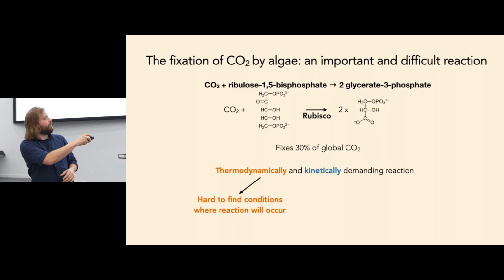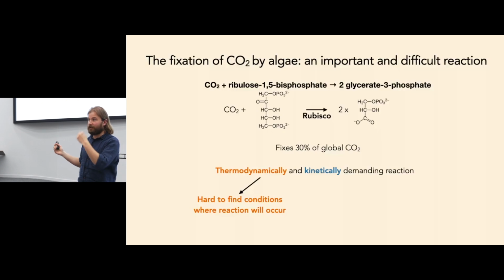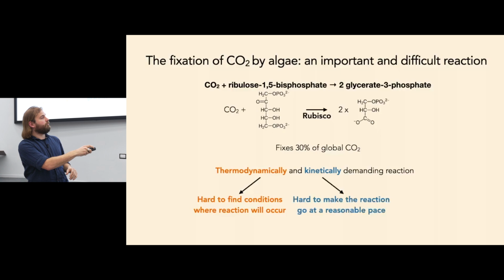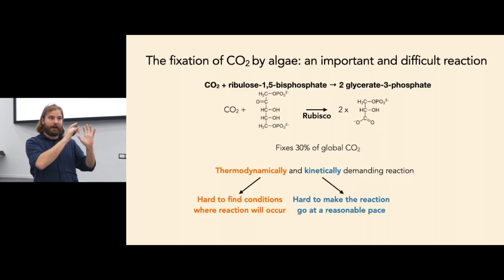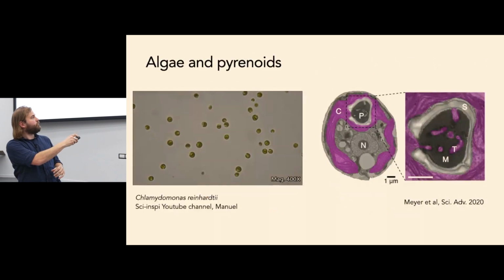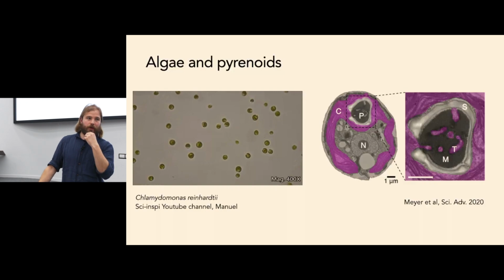Thermodynamically demanding reactions are ones where it's very hard to find conditions where the reaction will even proceed in the first place. Kinetically demanding reactions are reactions where even if you've created conditions where the reaction will proceed, it won't go very fast. And we're going to come back to how the organism gets around these difficulties in just a moment. But first, I want to introduce a model organism, algae,